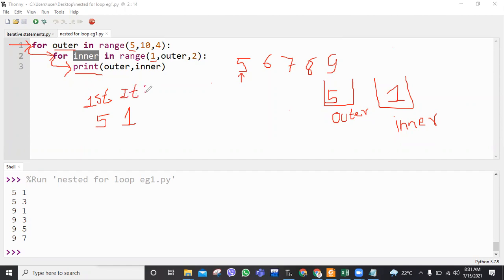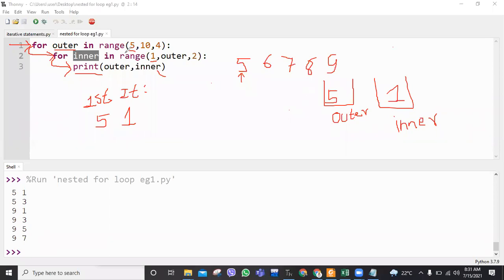So this is the value of outer and this is the value of inner. Now after this, see here, a very, very important point: until and unless the inner loop gets completely executed, the outer loop will never proceed.